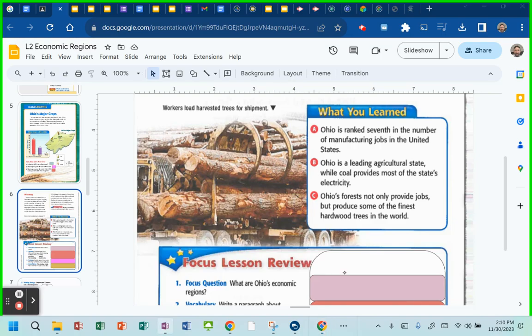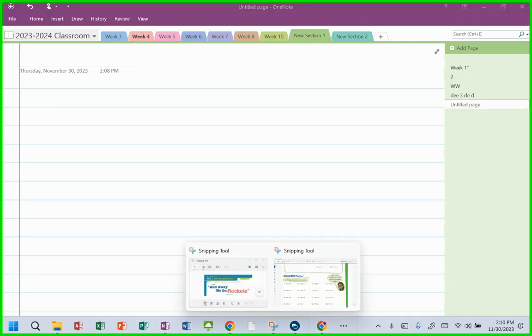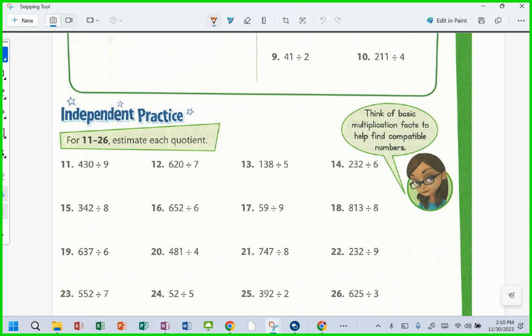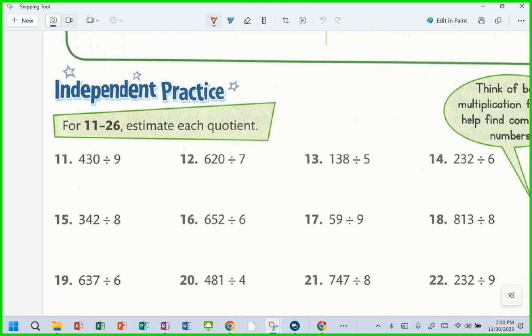All right, you guys, I'm going to do a little video that goes over the homework for tonight. Most of you got a lot of this done in class, but I'm going to review some of this for you in this video. So we have 430